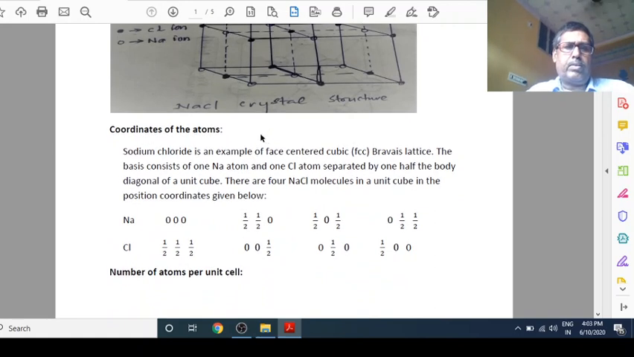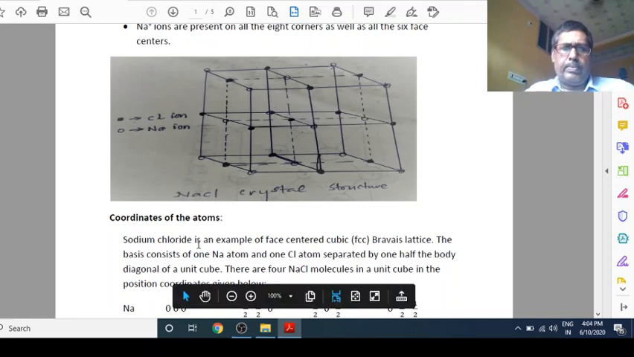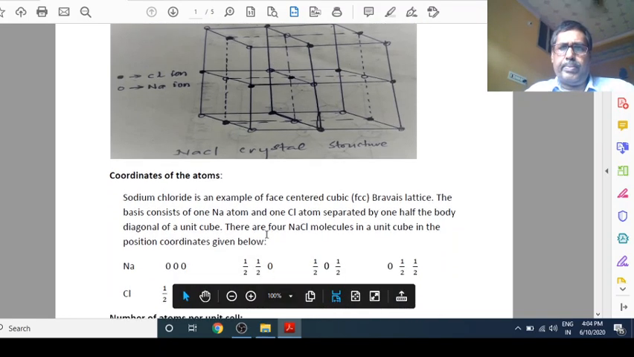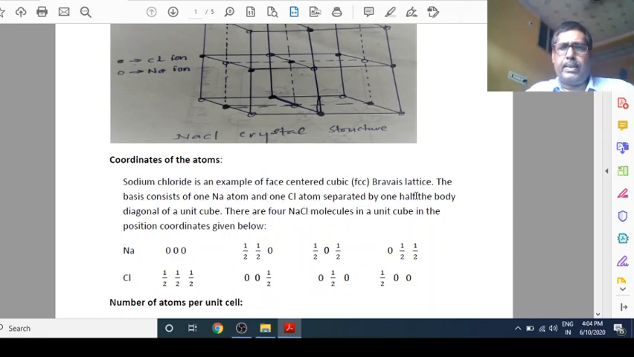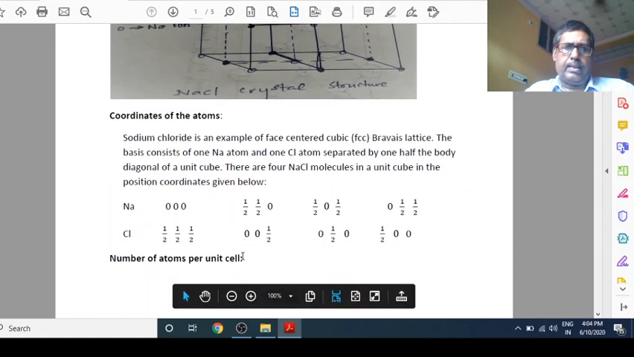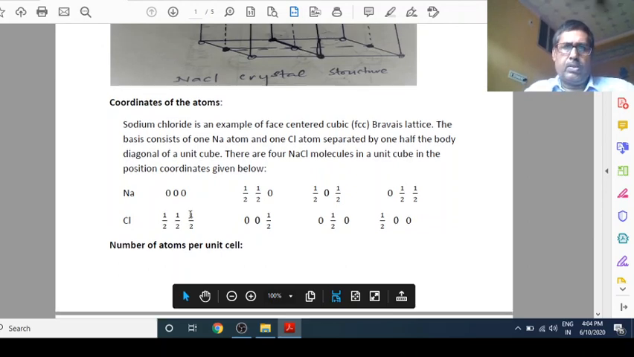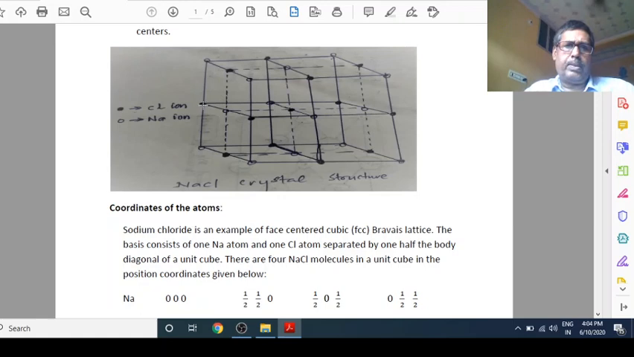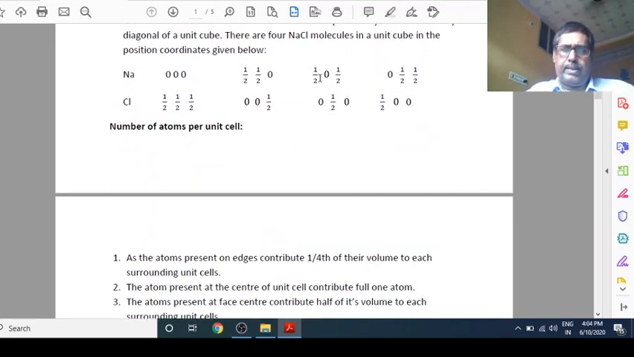Now we will discuss about coordinates of atoms. Here, this is a figure. Sodium chloride is an example of face-centered cubic Bravais lattice. The basis consists of one sodium atom and one Cl atom separated by one half the body diagonal of a unit cube. There are 4 NaCl molecules in a unit cube. So let us see here. Na 0, 0, 0, Cl half, half, half. Okay. So you can see from this figure. Okay. This is corner 0, 0, 0. So these are about coordinates of the